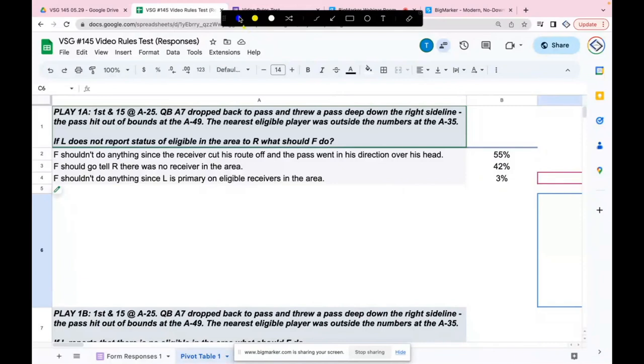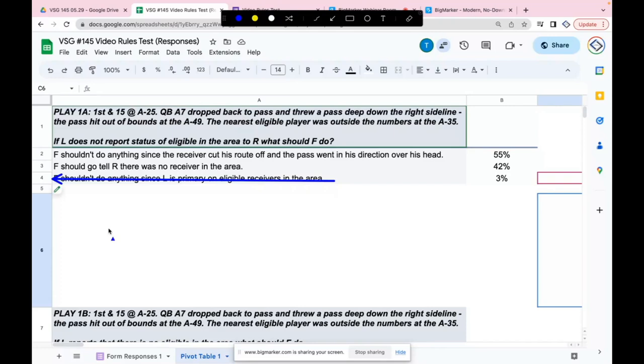That is literally not the way we want to ever work any aspect of officiating on the field, by saying, well, that's not my job, so I'll let them handle it, especially if we see something and we have an opinion on it. And only 3% said that. So hopefully F is involved. I don't care who the official is that we would call out here. What should B do? What should umpire do? If you see something, say something, right? That beautiful compliance, I love the corporate world.